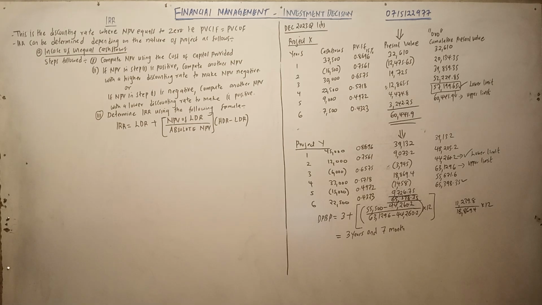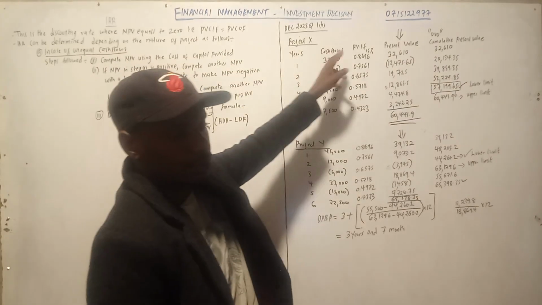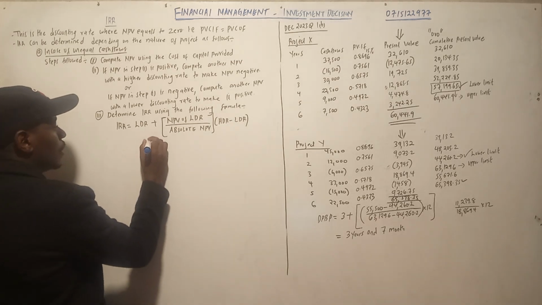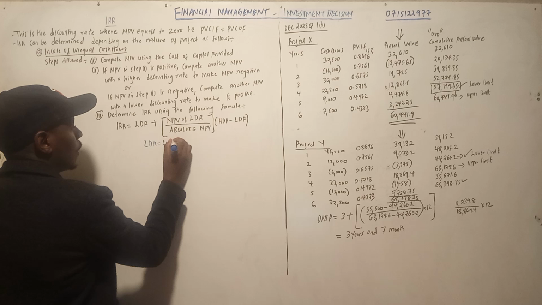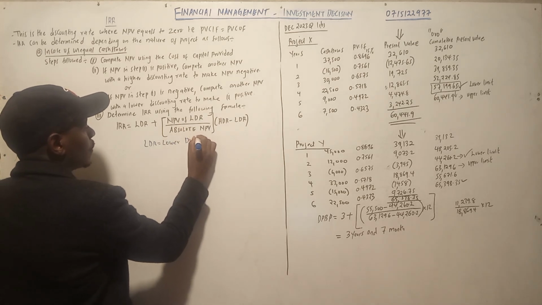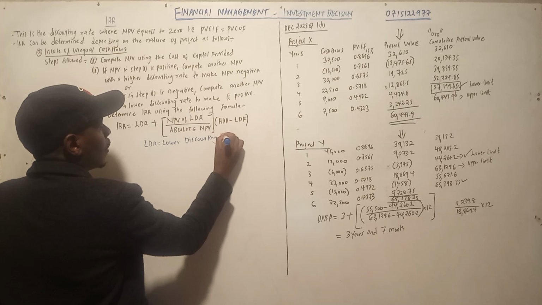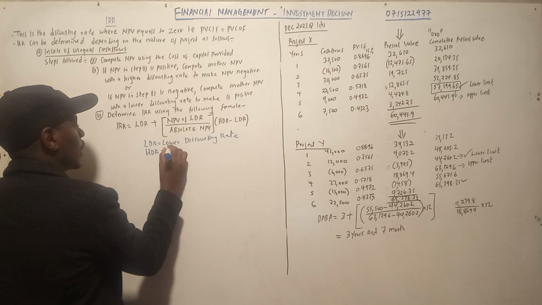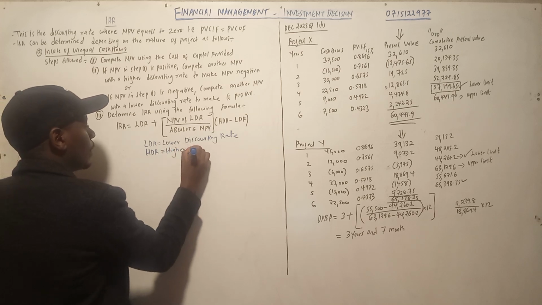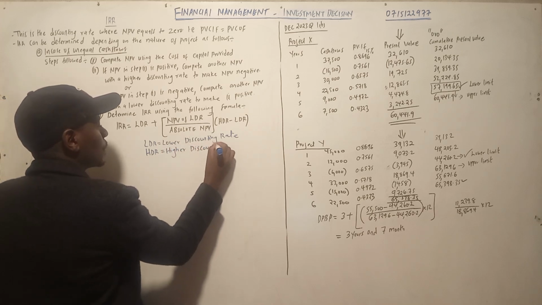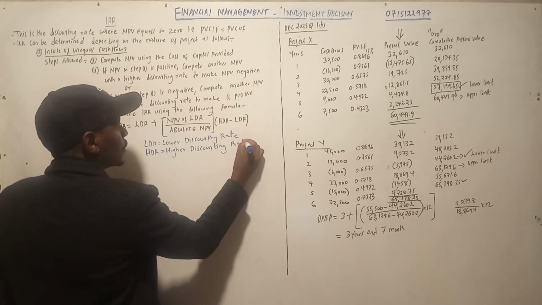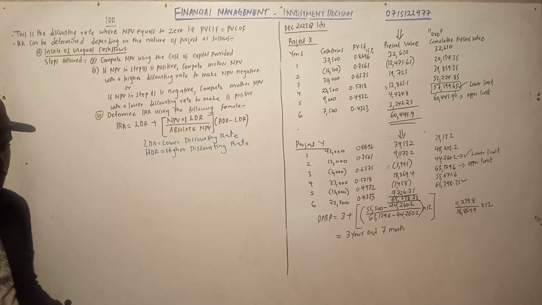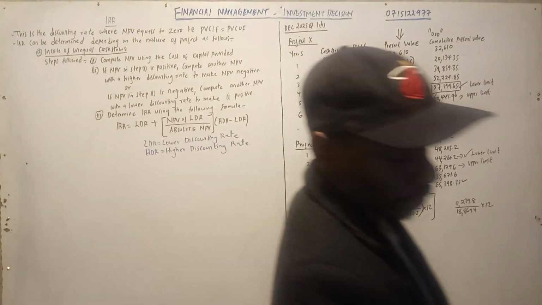And we shall use this example of December 2023. So we are going to use the example of December 2023. So tunasema LDR ni lower discounting rate na HDR ni higher discounting rate. So we are going to use the equation for December 2023. Now step number one,